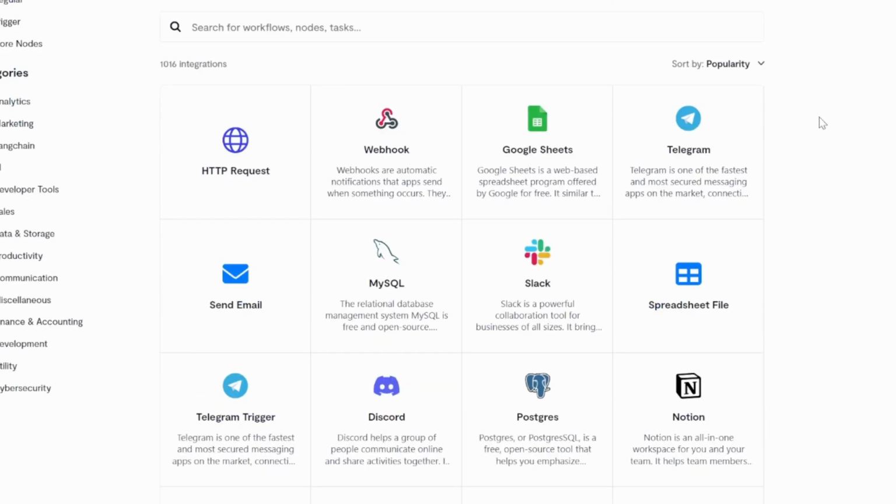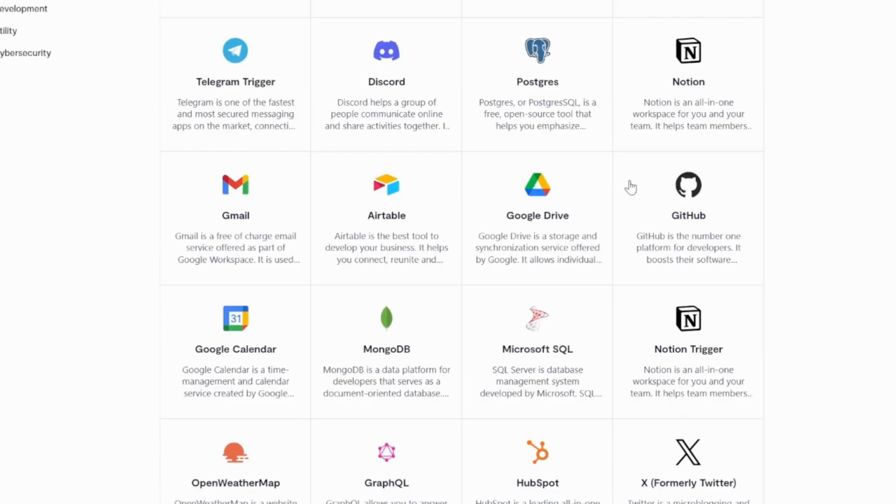And if you can't find an integration that works for your scenario, N8N allows you to effectively build your own integrations by using the HTTP request module. As an example, you could use the Gmail module to listen for new emails. We can then use any of the AI models to analyze the email to extract certain information like lead information, and we can then use Airtable or Google Sheets to store that data.